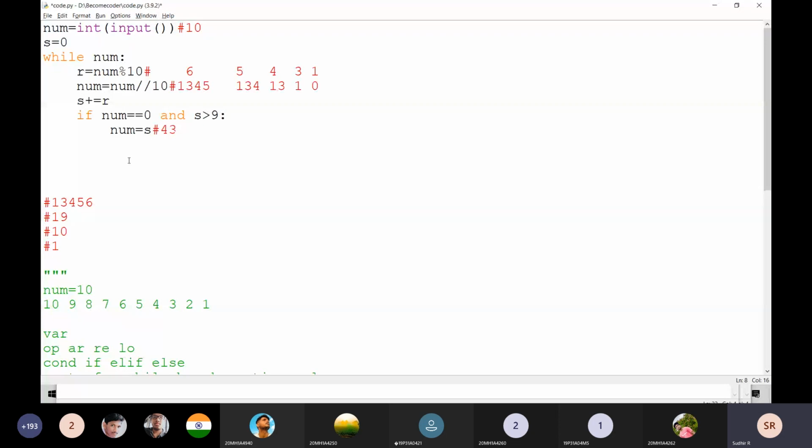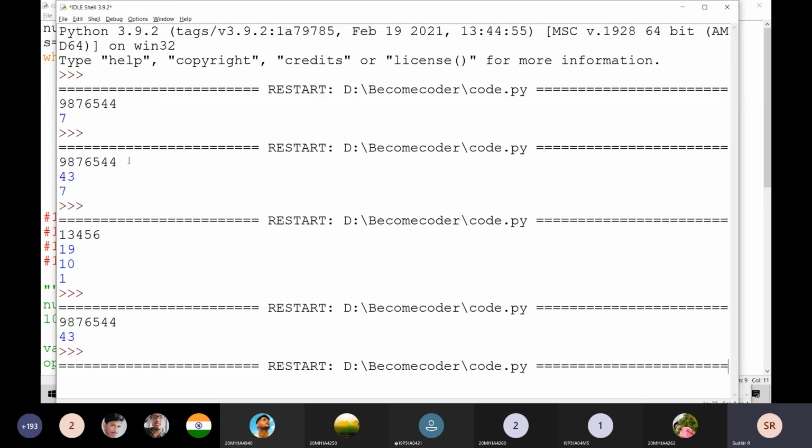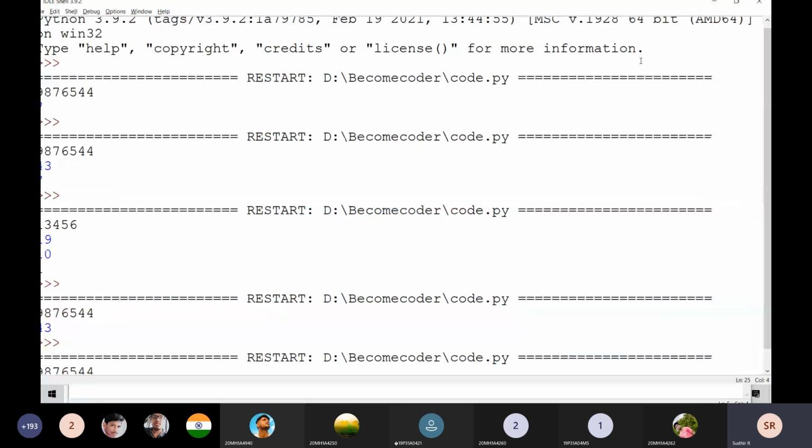Clear everyone? Then what I have to do is reset the value of S to 0 again. I am going to reset the value of S to 0. Again, I am going to find the sum of 43. If I execute it, I don't know exactly how it is going to work.